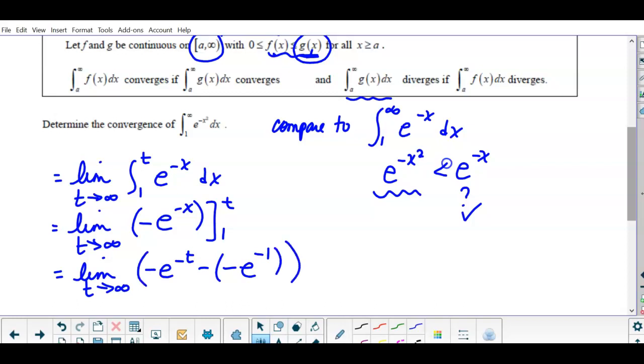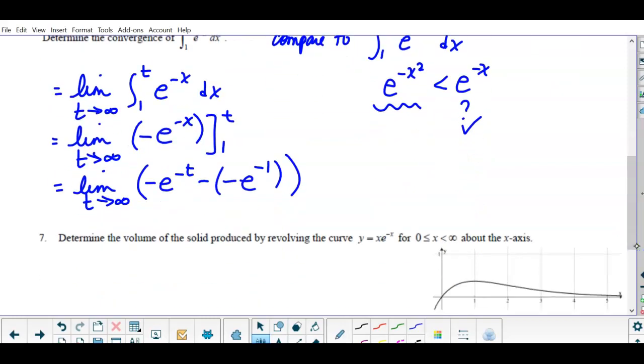Okay, and then, I'm going to show this. This is negative 1 over e to the t, plus 1 over e. As t goes to infinity, this will get really big, so that will go to 0. So this is going to equal 1 over e. That is, it converges to a value, so that means you can find the area underneath that curve